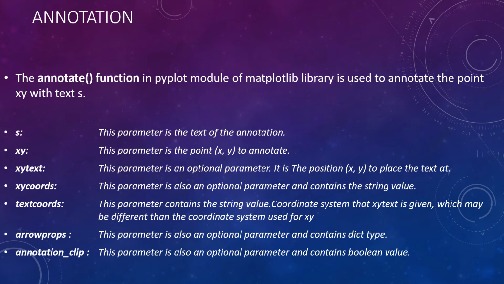Annotation is a comment added to text or diagram to explain it. Matplotlib provides a function annotate. To do this, the first parameter is the text that you ought to add. Second is xy, the position of the point. And then you also have to give the position where the text will be placed, with the arrow pointing to the point.